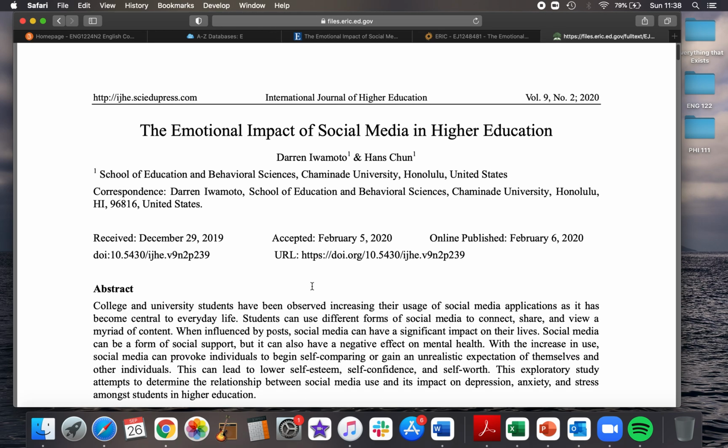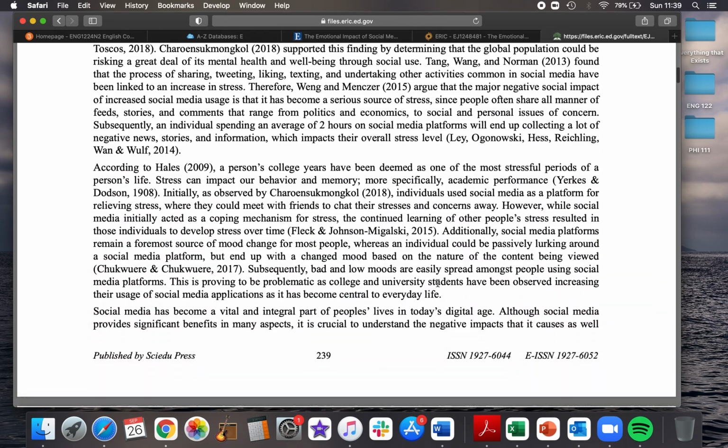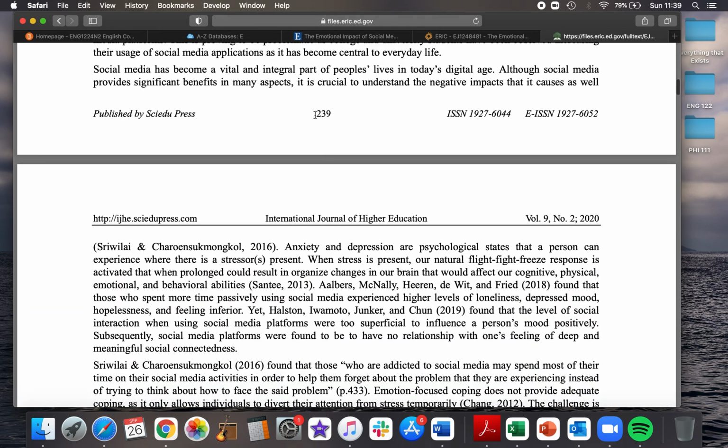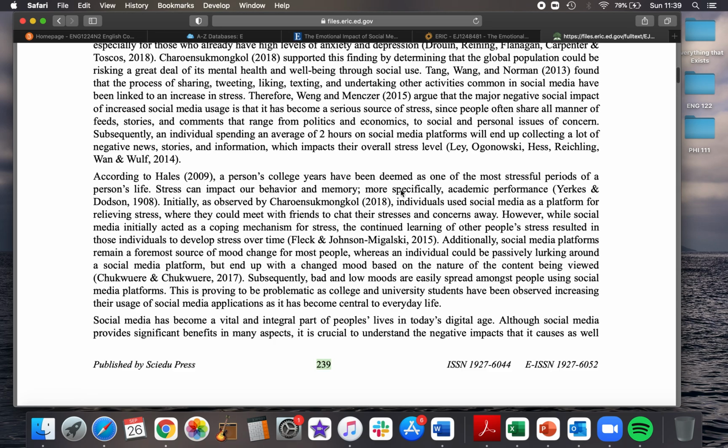And this is how all the academic articles will look. They'll have a volume and a number. They'll have a year. They'll have the article title. Up here is the title of the journal, which is also going to go into our MLA bibliographic citation. It has the authors here, and then you are just going to have to look and see what the page numbers are. So it runs from 239, and then if you scroll all the way down to the end,